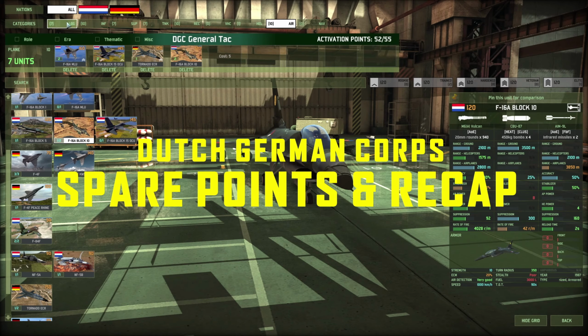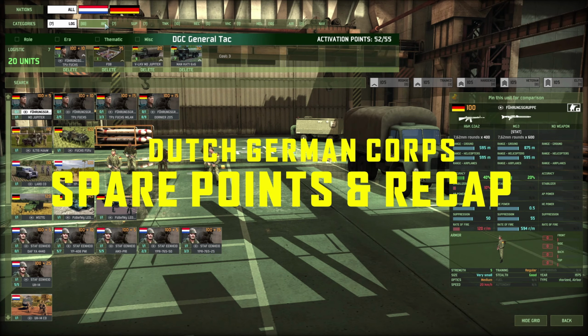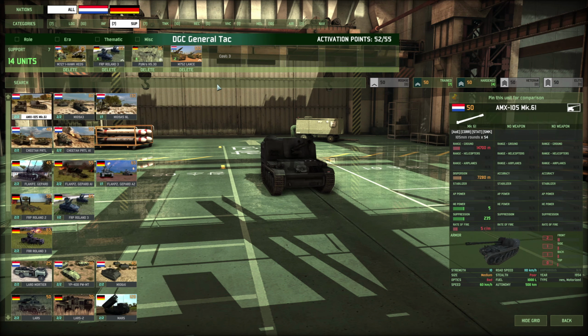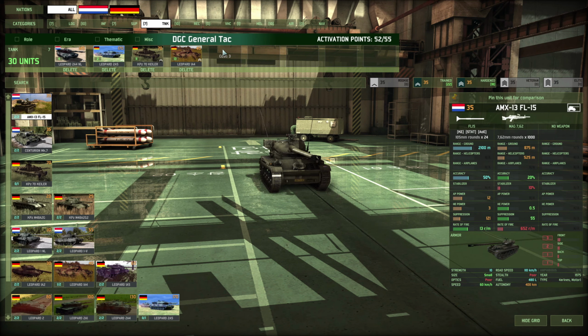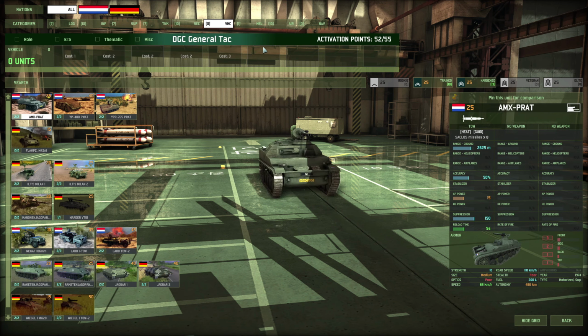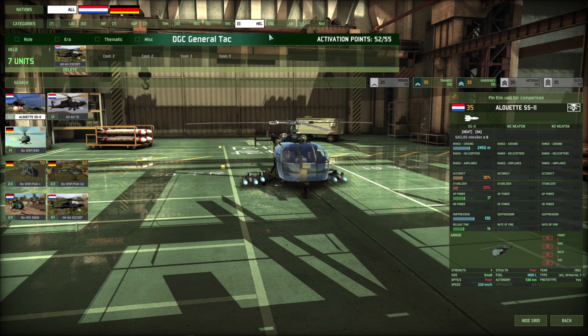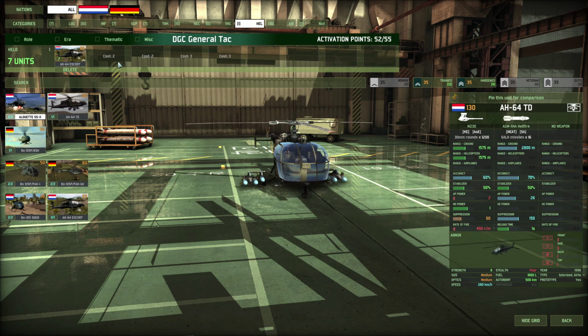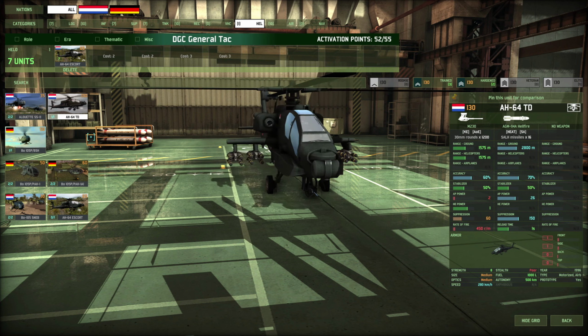So we've got 3 points left. Logistics, I wouldn't really rush to take anything else. Infantry is full. Support could take another artillery piece. Tanks, we could certainly take another type of tank. Recon, we're full anyway. Vehicle, I wouldn't waste your time. Helicopters, I'd certainly consider taking something else. Air, we can't afford. Helicopters, what you could do is, with your 3 points left, take the AH-60, but realistically,